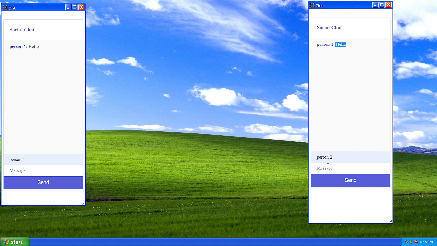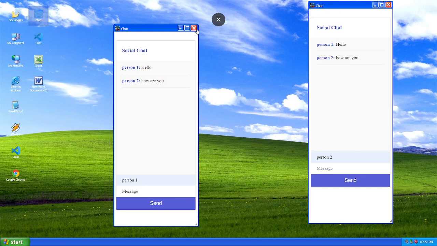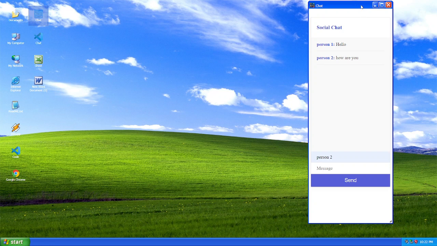You can see it here. Person 2 says how are you. It is implemented through Socket.io as a simple server in which all the data is sent to all other clients except the sender. And let's see what's next.